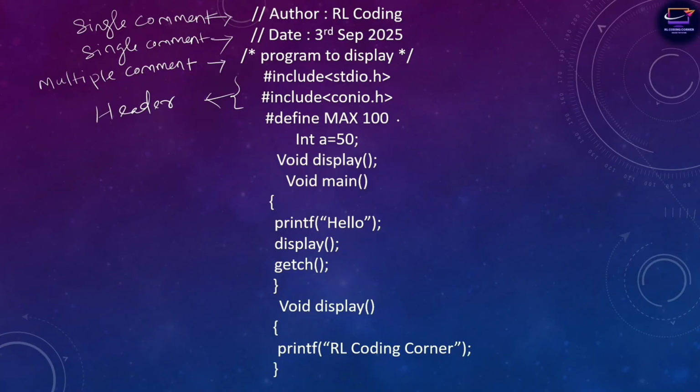Next line is hash define MAX 100, so rather we don't use it in the program, so